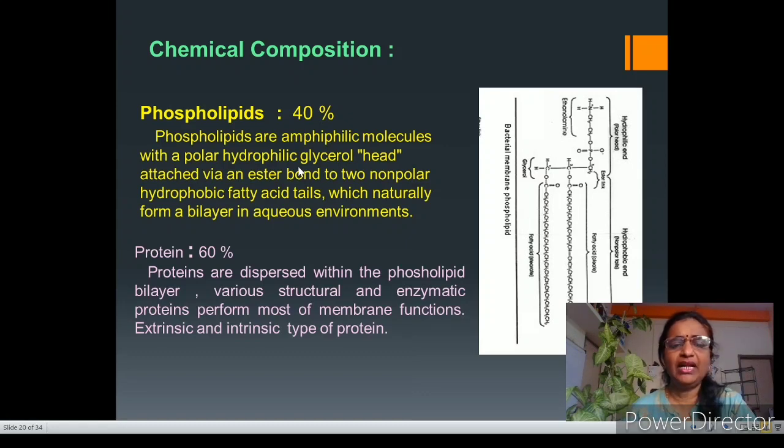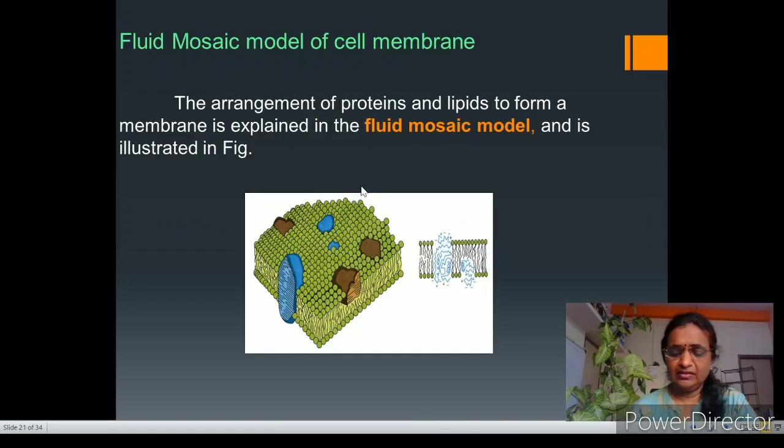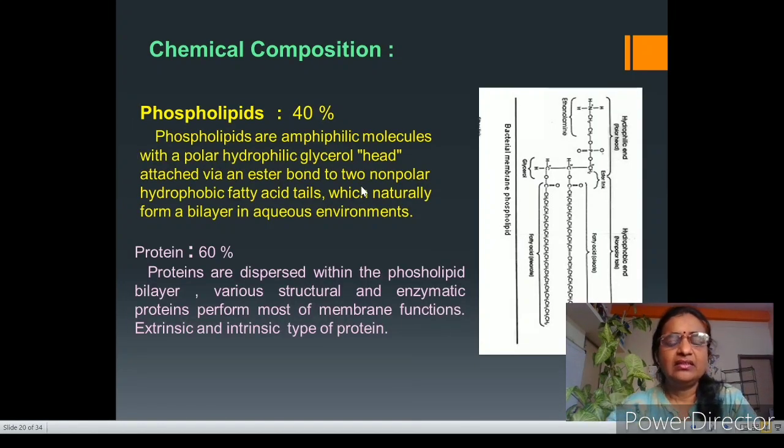It has a polar, hydrophilic glycerol head, consisting of a phosphate group and a functional group attached by an ester bond. Second, it has a tail-like structure. It consists of two unsaturated fatty acid chains at the first and second carbon atoms of the glycerol molecule. The third carbon atom carries the phosphate head with the functional group. This is an example of the structure of the phospholipid.